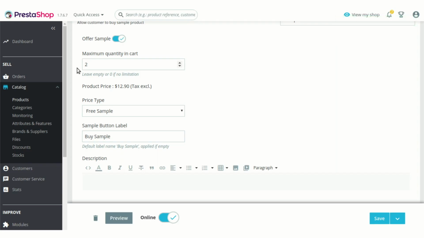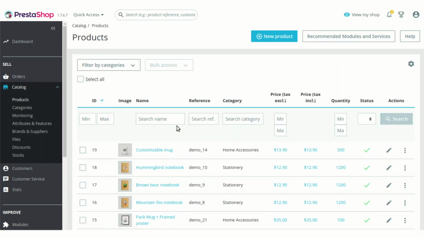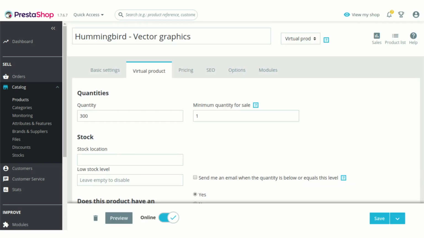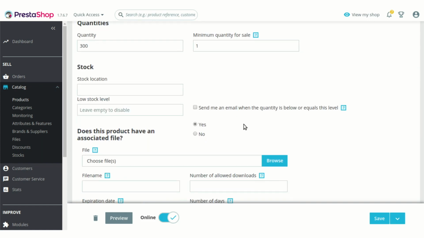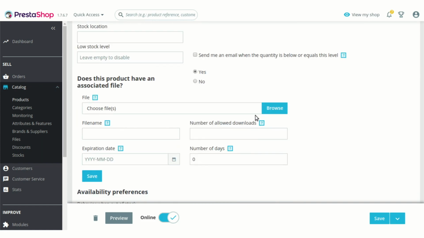Now let's just see how we can offer a sample product of a virtual product. In case of virtual product, firstly a customer would be able to buy a sample of virtual product only when admin has already associated a main file for the product.